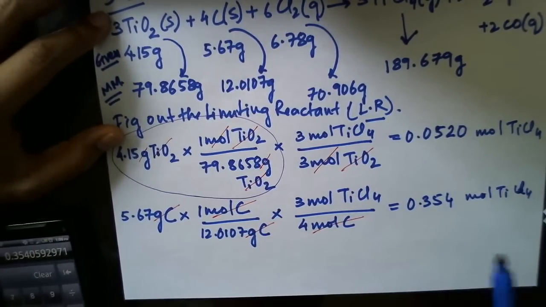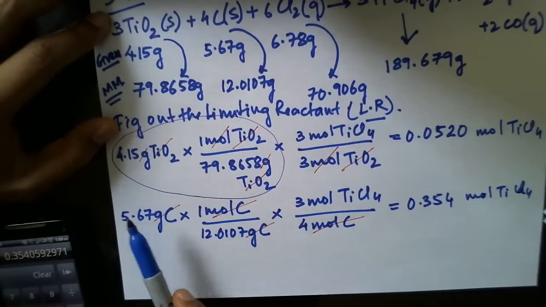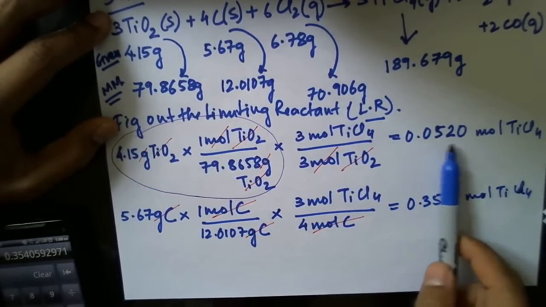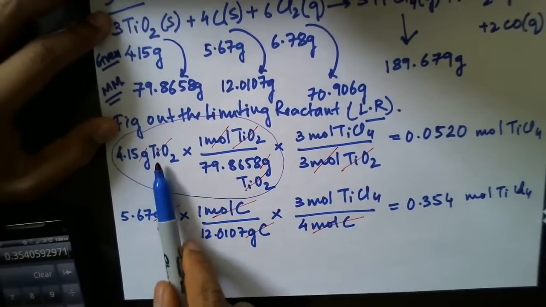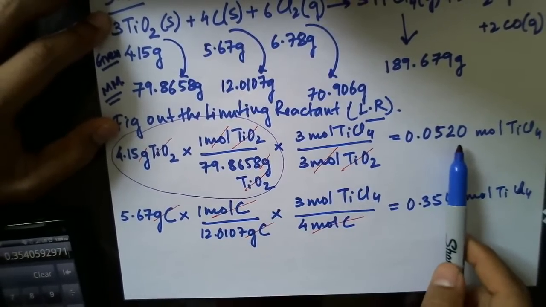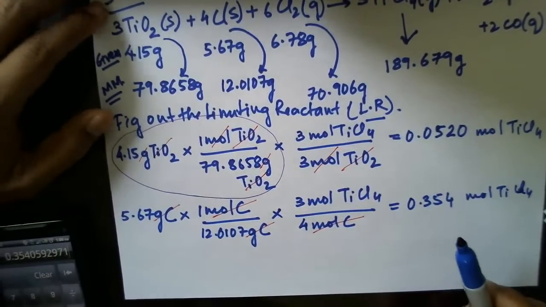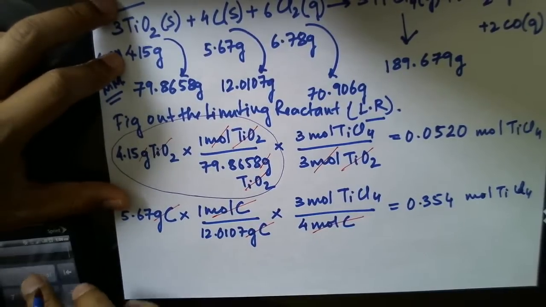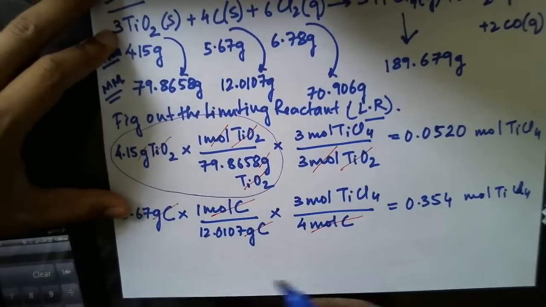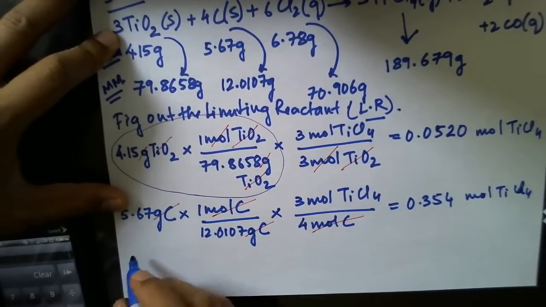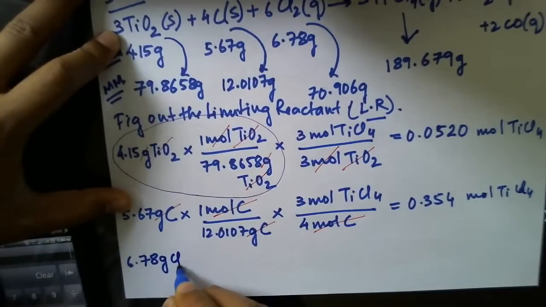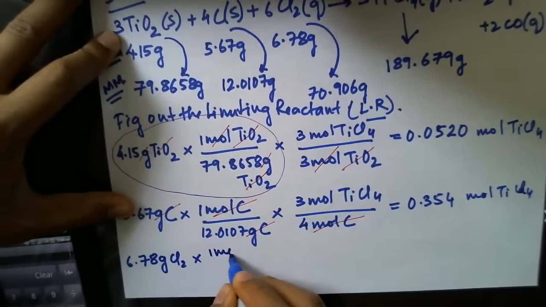And what you're looking for is the one which gives you the least number of moles. So we already have a winner out here. It seems that titanium dioxide is giving you a lesser number of moles of titanium tetrachloride. But we have to consider chlorine as well. So we have to look at chlorine before we can make a decision about which one is the limiting reactant. So we're going to go for chlorine, just like we did for the others. So 6.78 grams chlorine times 1 mole